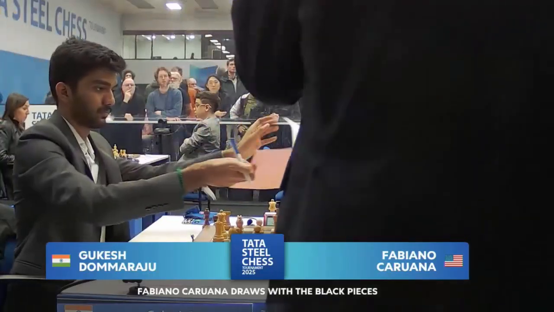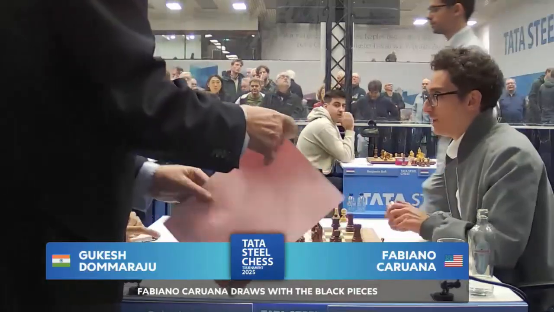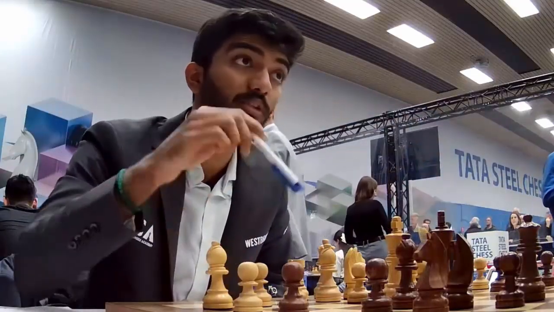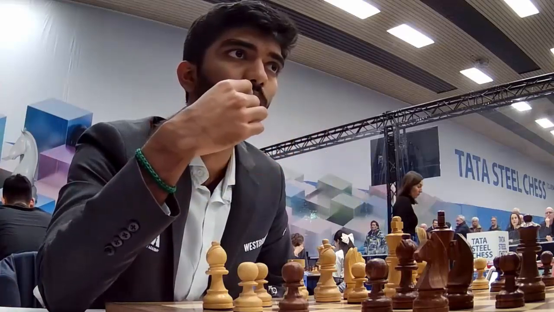A peaceful draw in a position that did have a lot of life, but perhaps Gukesh feeling that not finding his way forward because it's not clear at all, and playing against Fabi, who kept everything under control, not allowing the breaks in. And now they sit and analyze, but I think for Gukesh,